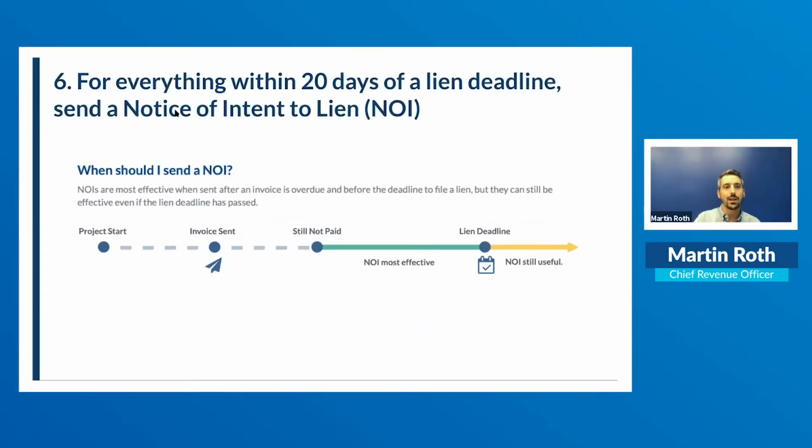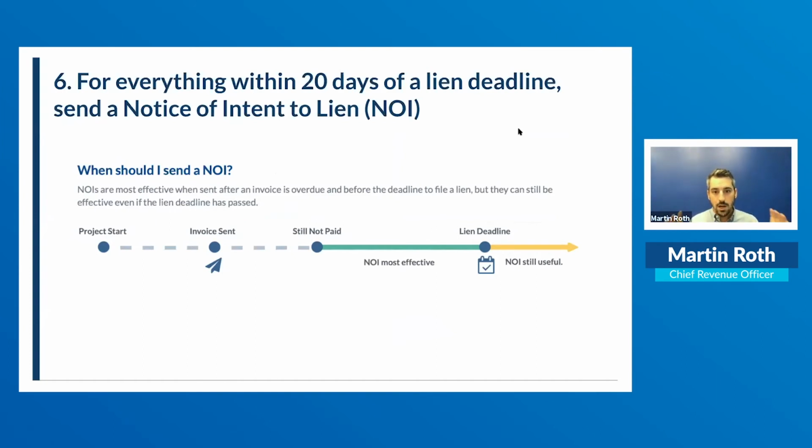Another one I want to key in on is for everything within 20 days of a lien deadline, send a notice of intent to lien. This is a really good graphic. I sent you all an email this morning that said, if you attend, I'm going to send you our notice of intent to lien cheat sheet. This is an image from that cheat sheet,